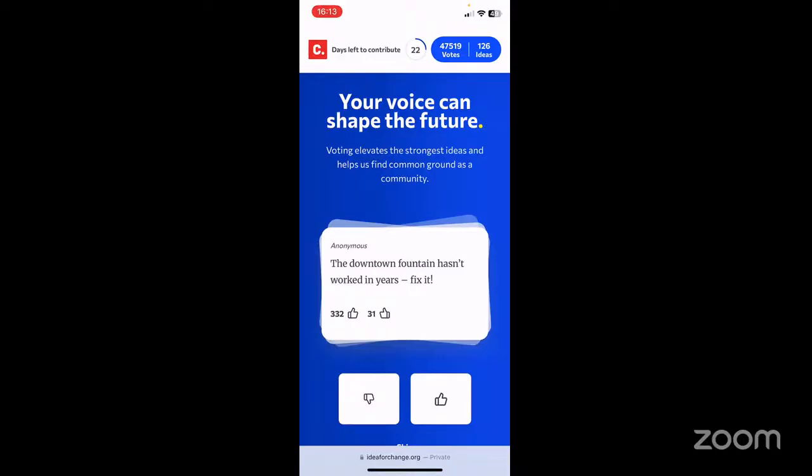I don't think my main motivation would be "vote for my idea." It would be: there's this website, look at the top things that people are saying, and you can also submit your own idea. I think I would just be interested in what others in my city have to say and what is most strongly being voted on. And how would you feel if your idea didn't get picked for discussion? I think that's okay.